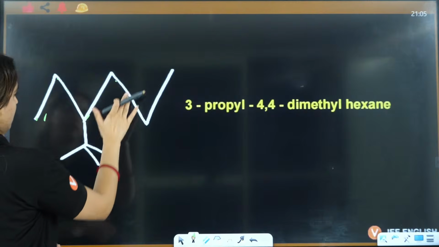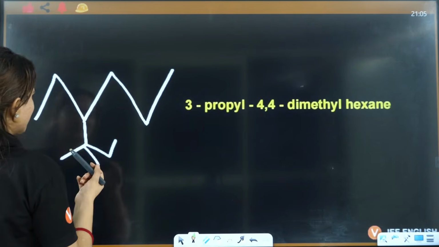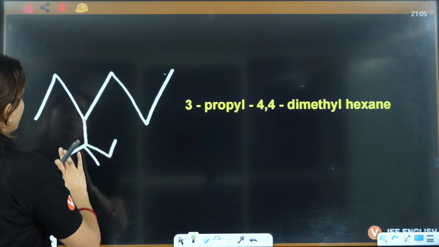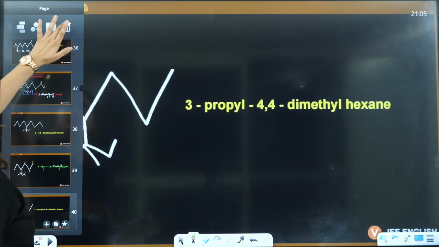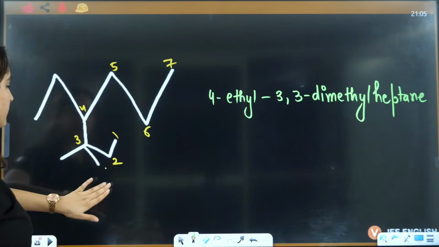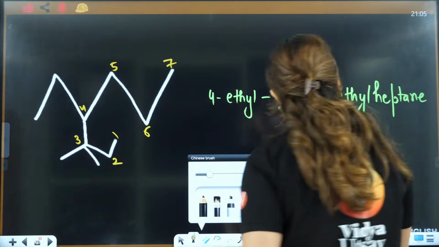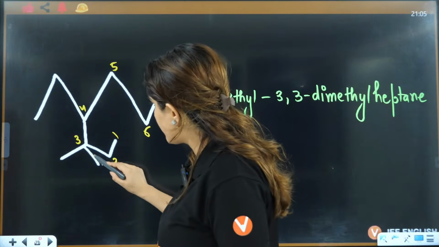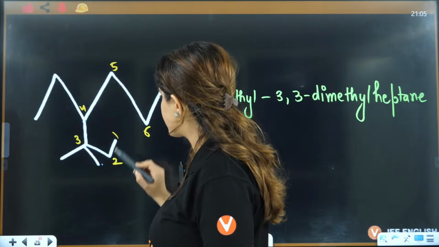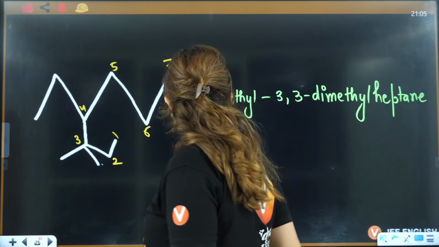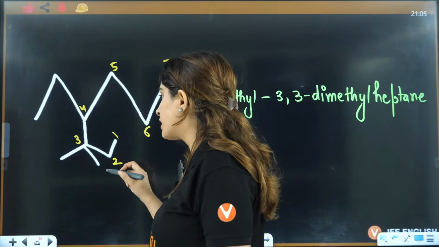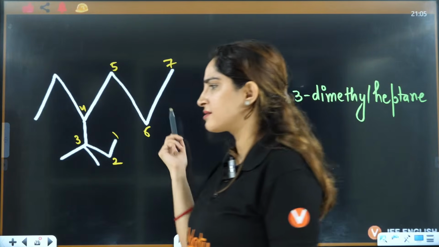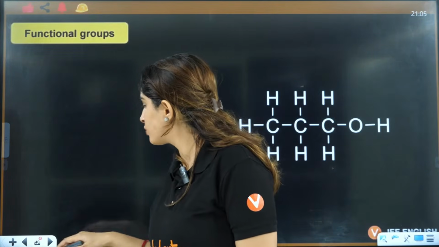Acha. Hexane. Why have I chosen that? 1, 2, 3, 4, 5, 6. No. Right? This is not written right. This will be the right one. Okay? There is no other possible chain now. 1, 2, 3, 1, 2, 3. Wait a minute. 1, 2, 3, 4, 5, 6. 6 it will be. Right? If I choose this one, 1, 2, 3, 4, 5, 6, 7. If I choose 1, 2, 3, 4, 5, 6. Yeah, this is the only possibility here.